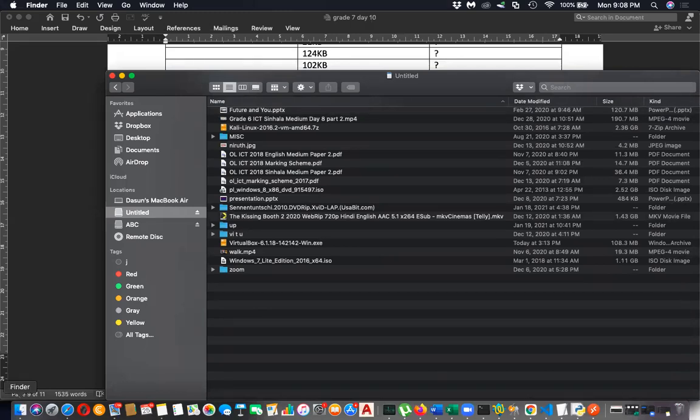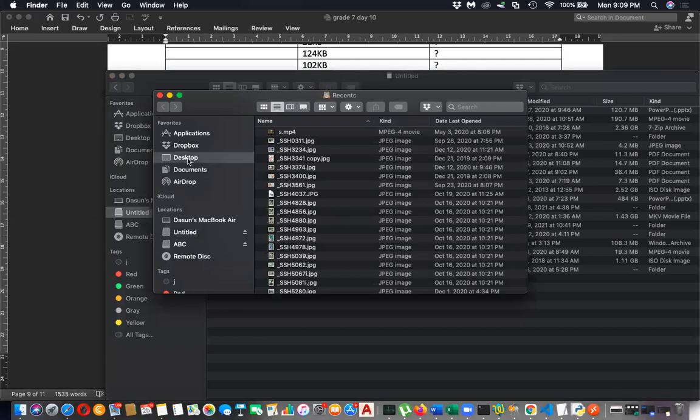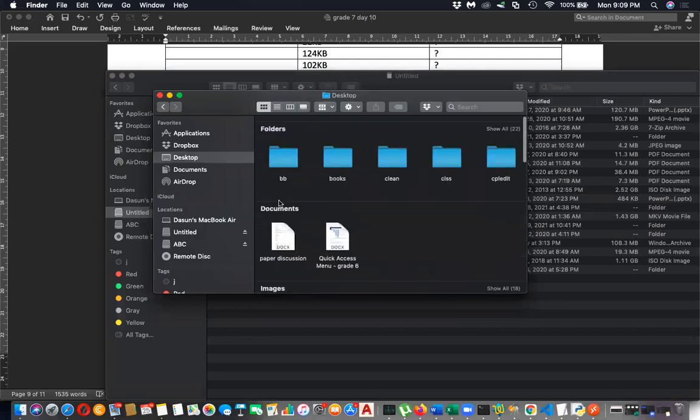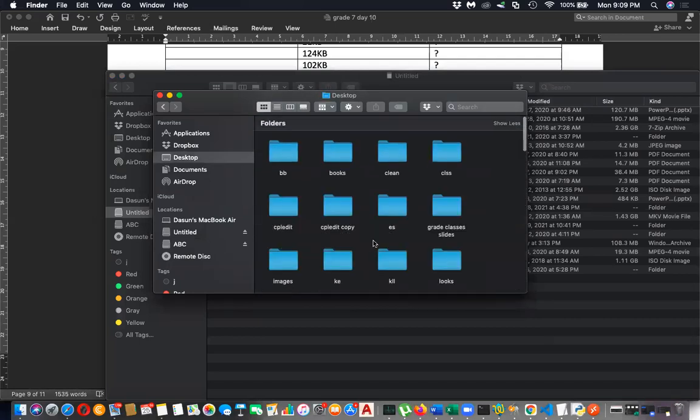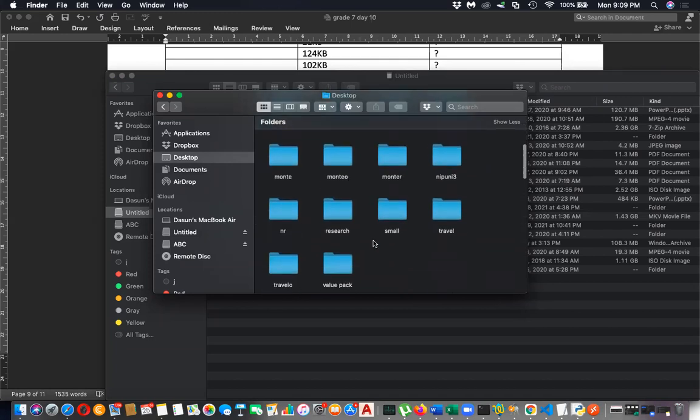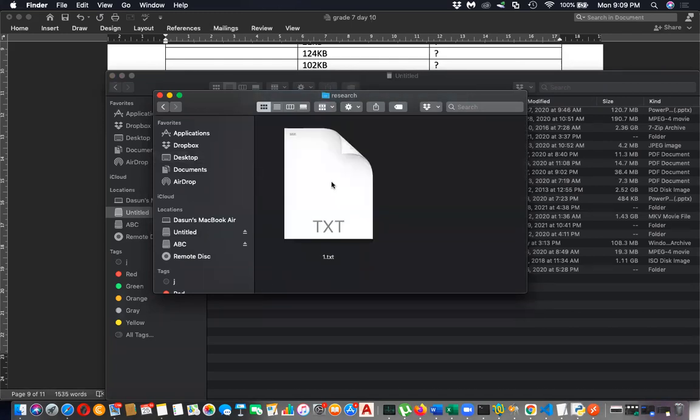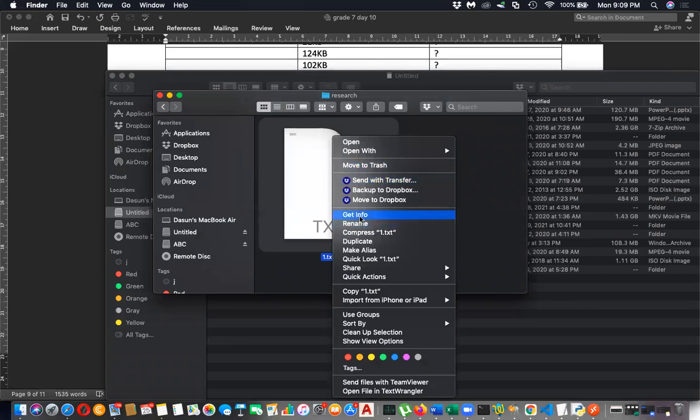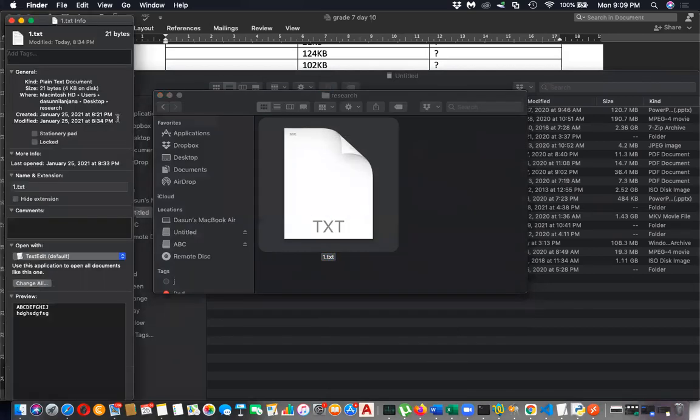let me show this. In my desktop, I have the folder which I created for research. You saw this file is 21 bytes and 4 KB.